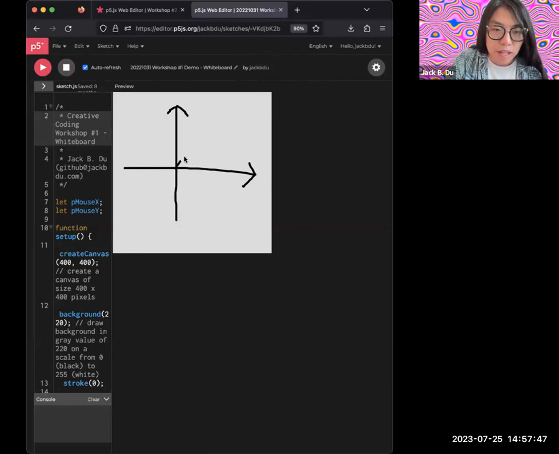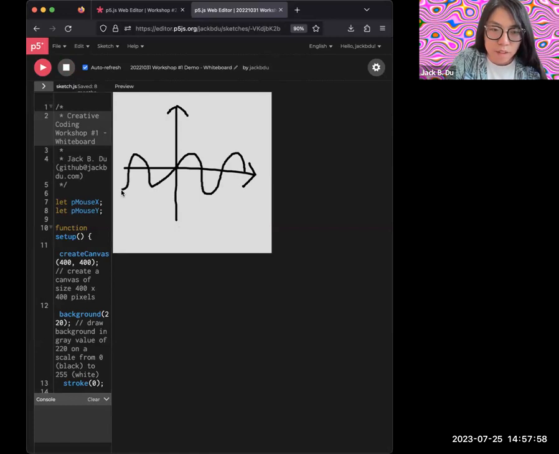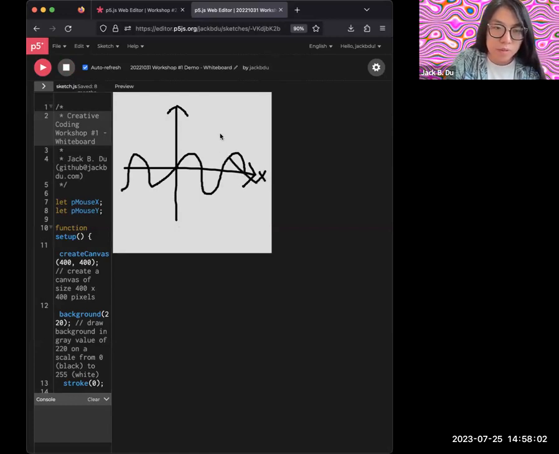Usually when you think about sine, a sine wave looks like this. So the x coordinate, the horizontal coordinate, represents the input. This is x, and this is y, and what we are doing here is